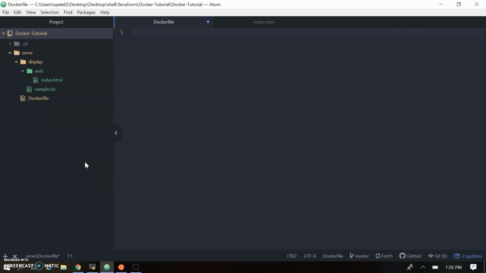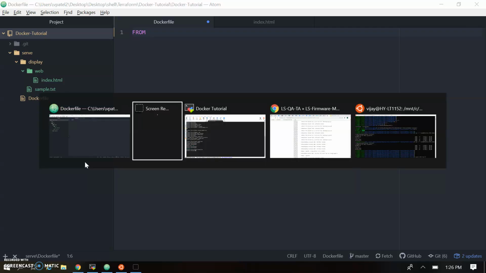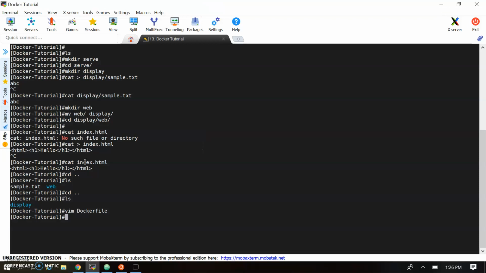Now we are going to create the Dockerfile, and a Dockerfile basically starts with FROM, which image we want to take to create the file server. Basically we are going to use the node image. As we know how to search, we showed it previously, but let's have a quick look. docker search node.